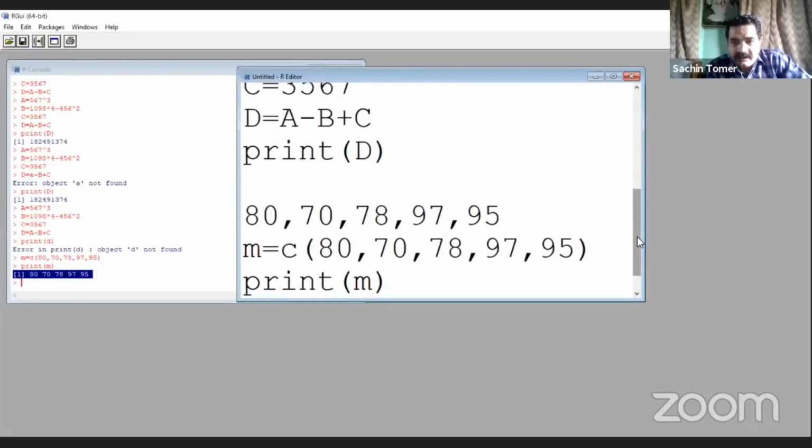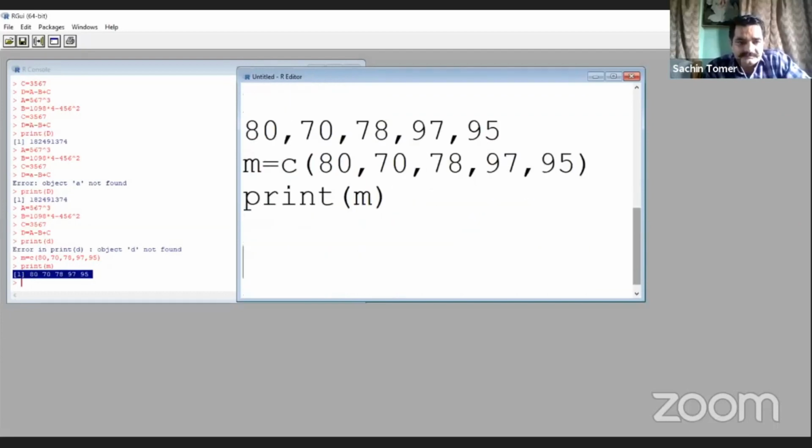Now I have an exercise for you. We have data of 5 participants, and we want to calculate the BMI of these participants. Let me clarify one thing: for calculating the BMI, we must have the data of height along with weight, and height should be in meters. So I am giving you the height. Suppose height is defined by h, and we are taking 5 data values.